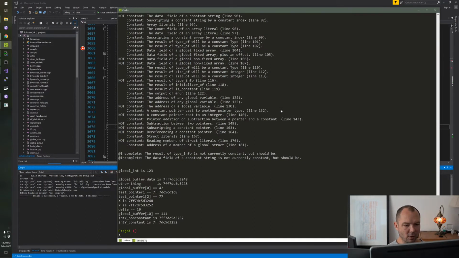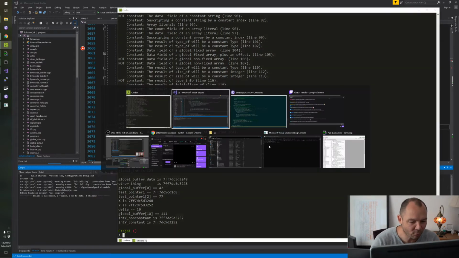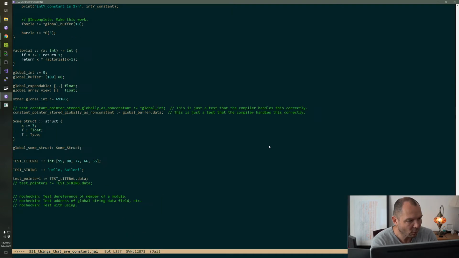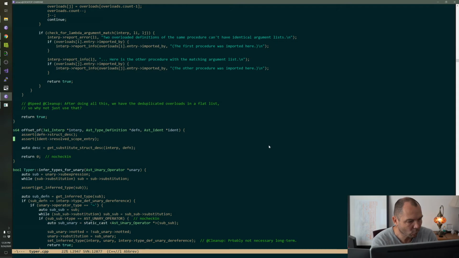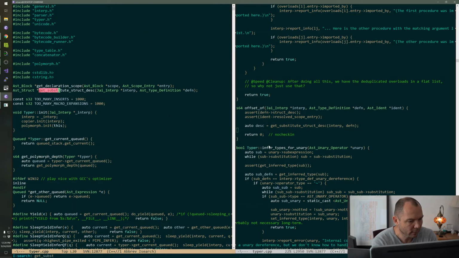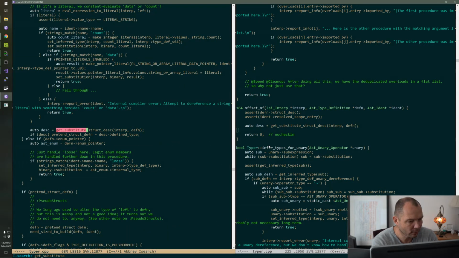Okay. Constant address of a member of a global struct. The only problem is that constant is currently the address of the struct, because we're always returning 0 from offset of. I think we just call find in block from here, right?